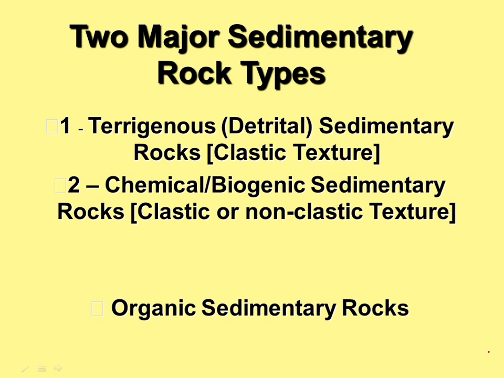The point about clastic sedimentary rocks is that they exhibit a particular kind of texture referred to as a clastic texture. Clastic comes etymologically from the Greek klastos, meaning fragment. If you think about the definition of a clastic sedimentary rock, an aggregate of fragments of pre-existing rock, that describes the textural aspects of clastic rocks. You can see individual fragments that have been transported independently, brought together, and through the process of lithification